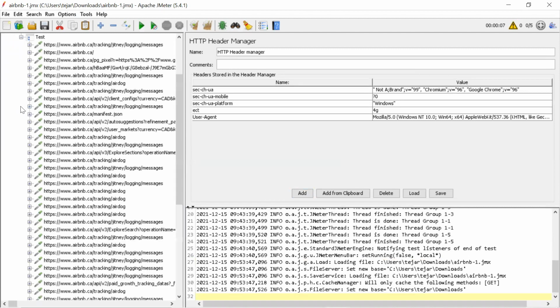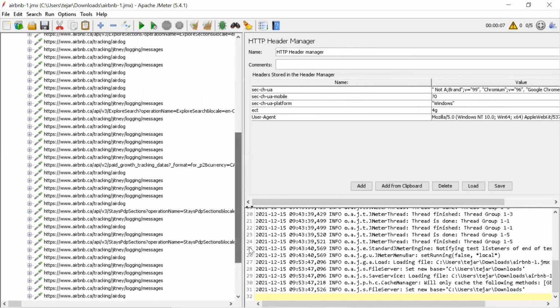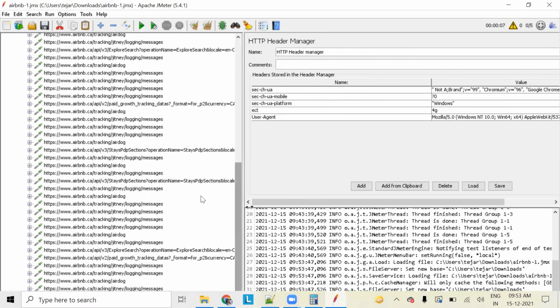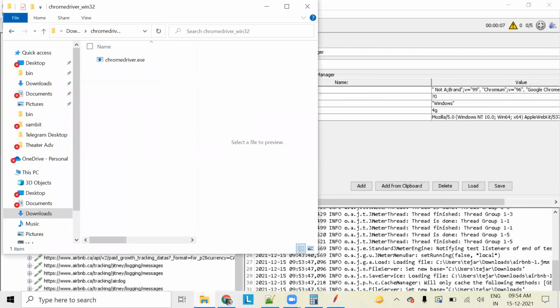Now see, check each request. They are like log tracking messages, right? Yeah. Okay, let's open the YAML file.